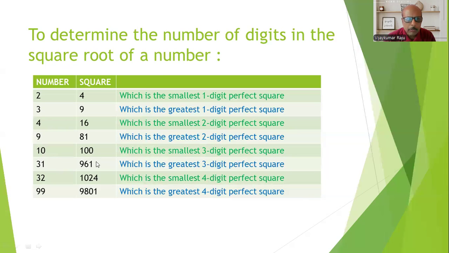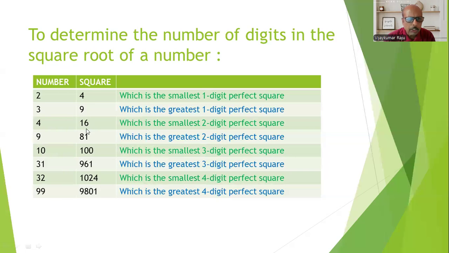That is the smallest perfect square. 961 is the greatest three-digit perfect square because its square root is 31. 1024 is the smallest four-digit perfect square. And the largest, or greatest, four-digit perfect square is 9801, whose square root is 99. Clear? Now, if you observe here,